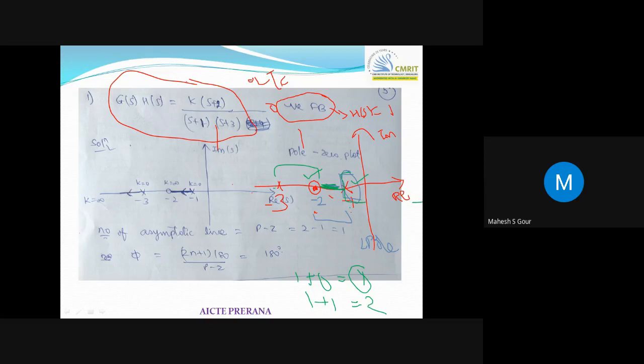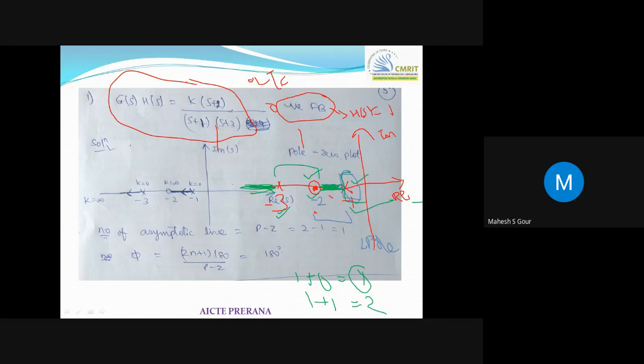Now coming to the third part. When you keep this, how many poles are there on the right hand side? I check this area after -3. How many poles are there on the right hand side of this? Totally 3. So totally 2 poles and 1 zero: here is 1 pole, here is another pole and 1 more zero. Totally how much is the count? 3. So root locus lies here. So where does the root locus lie finally? In between -1 and -2, and -3.